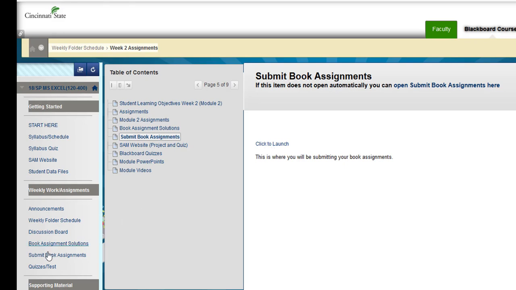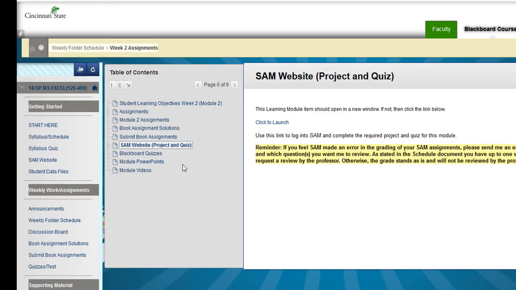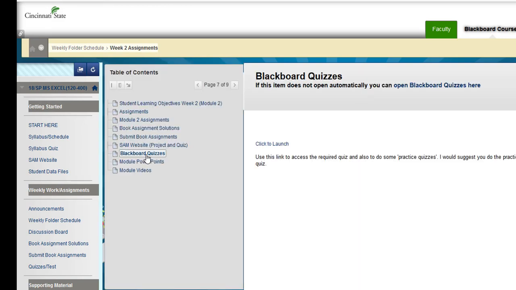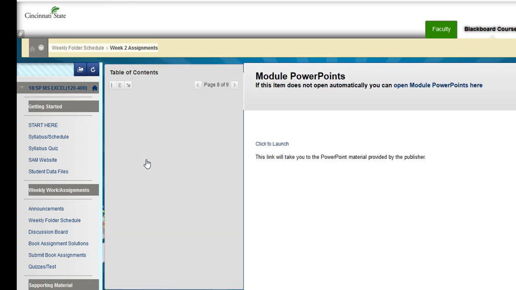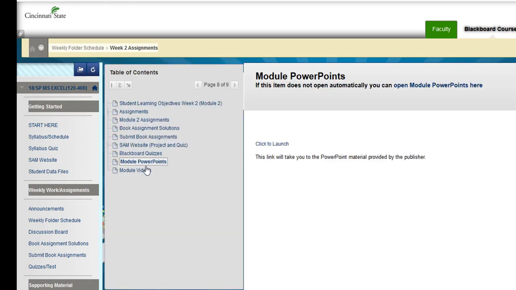This is just a quick link that's going to take you over to the Submit Book Assignments. And if you're working in SAM, this is just going to take you directly to the SAM login. But you don't have to use this weekly folder if you don't want to. Again, where the Blackboard quiz is at, if you want the supporting materials such as PowerPoint